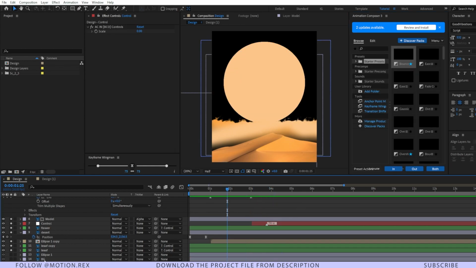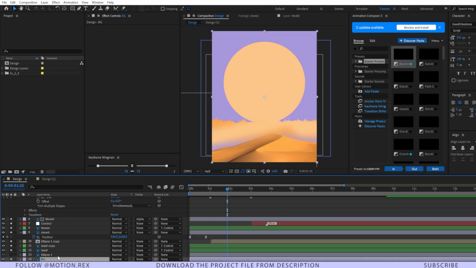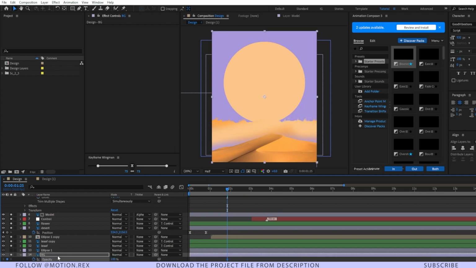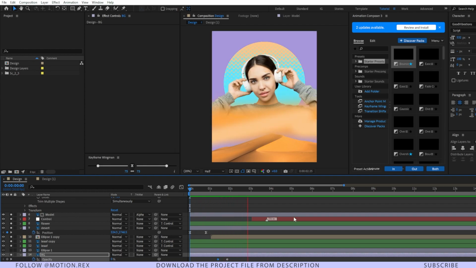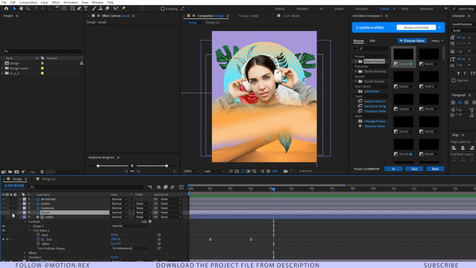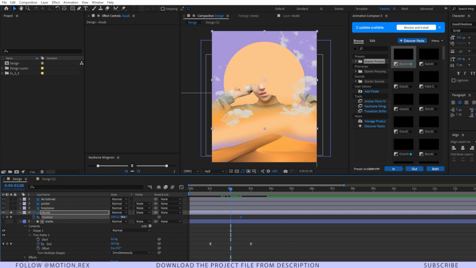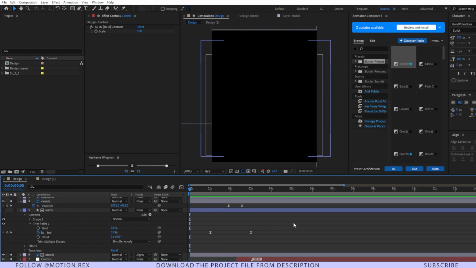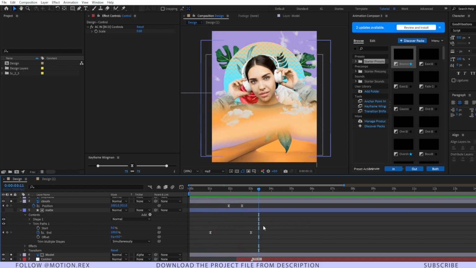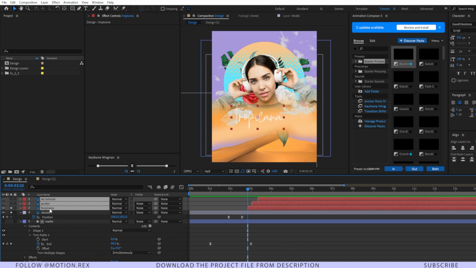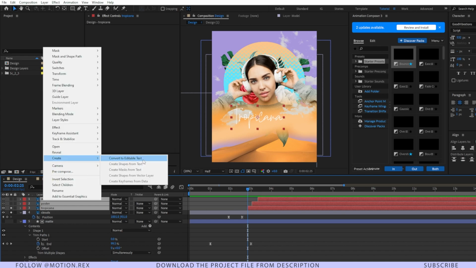Okay, background at this position, so I'll select that and I'll press Alt Shift and T to add an opacity animation, and I'll make this one 0 over here. Perfect. I'll just select the clouds layer, press Alt Shift and P and just drag this clouds out of the frame, and now select these 2 keyframes and easy ease. Now quickly ramp preview it and let's see how it is looking so far. Looking nice, right? I'll select these 3 layers and I'll right click and convert to editable text,